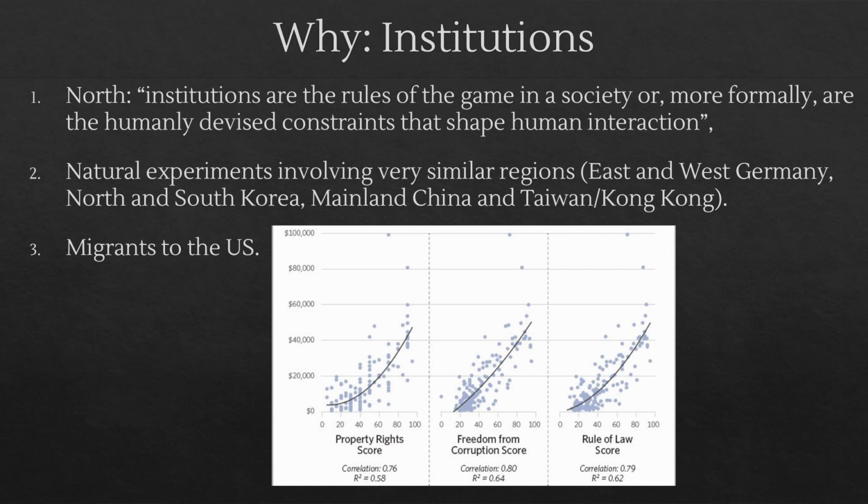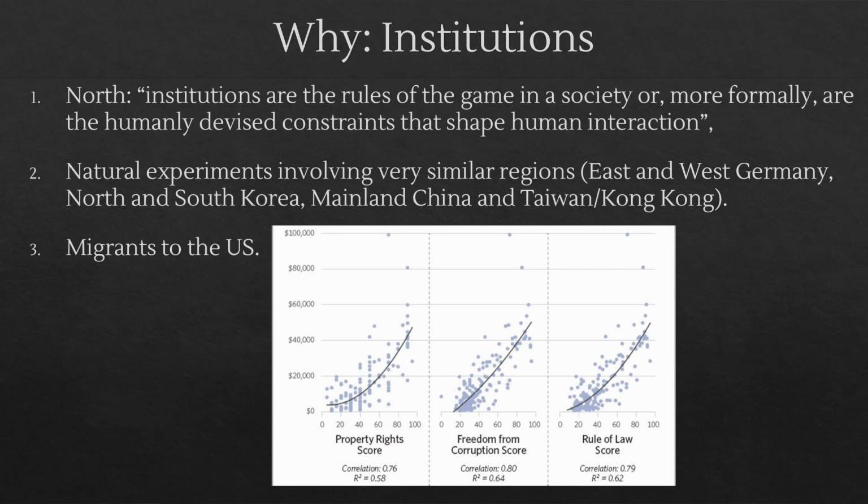There is a lot of evidence, and a lot of increasing interest in this, that institutions are in some sense the ultimate, well, ultimate's maybe the wrong word, an underlying reason why some countries perform better than others. So a couple of pieces of evidence here. There are certain natural experiments where countries are split into two for kind of arbitrary reasons, like East and West Germany and North and South Korea, or mainland China versus Taiwan or Hong Kong. And we see massive differences in their economic performance in the space of a few decades. And those are really nice because it's pretty hard to argue that's due to culture or geography.